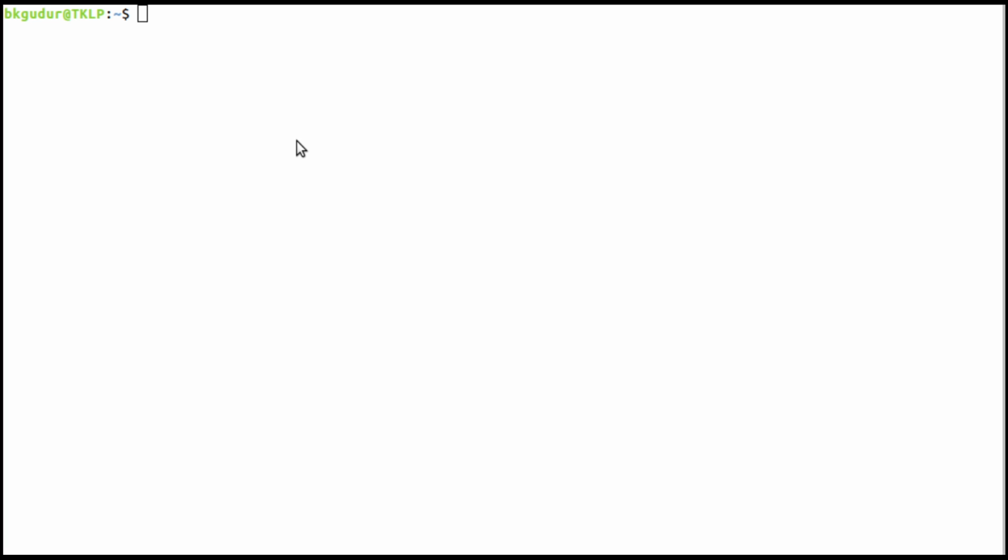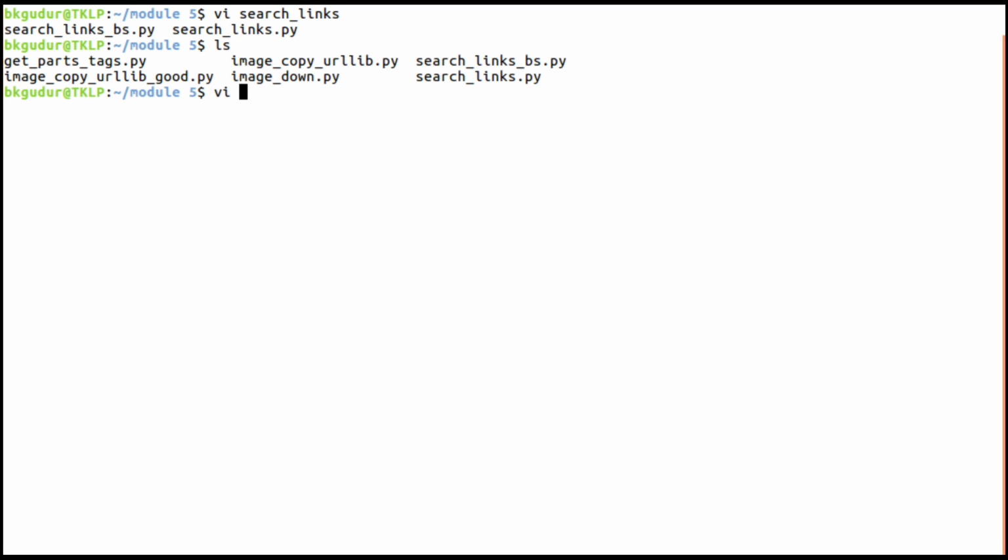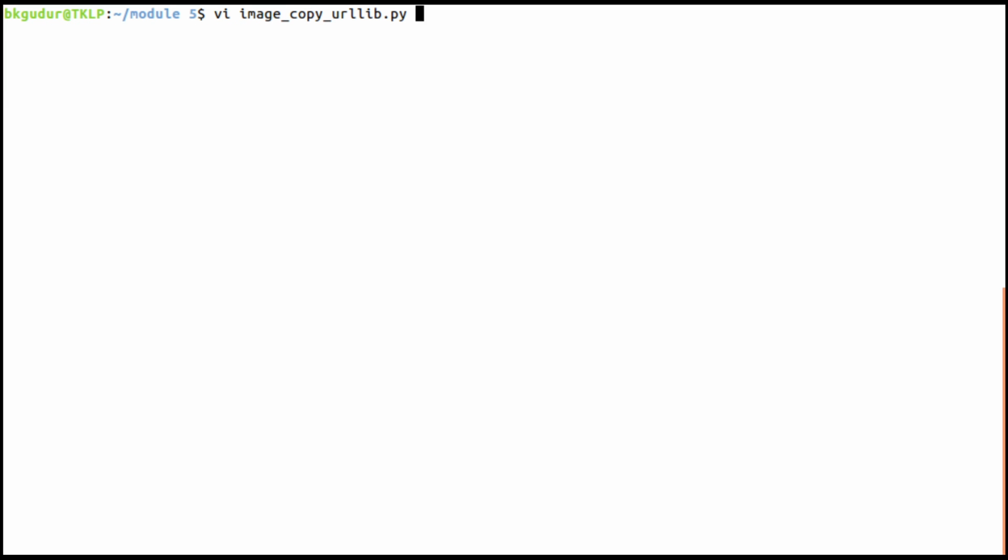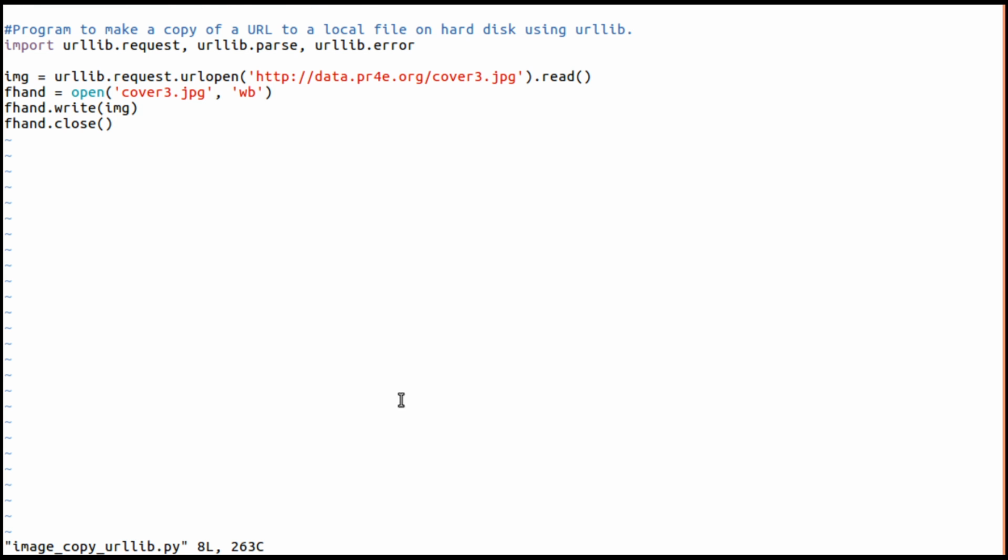This program is in a folder called module 5, and the file name is image copy urllib.py. Let me open this file. You can see this is the program to copy the URL to a local file on a hard disk.